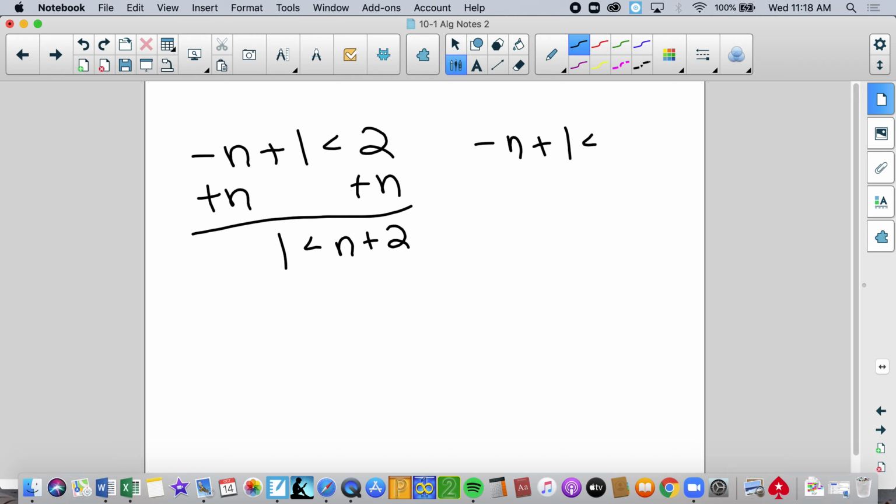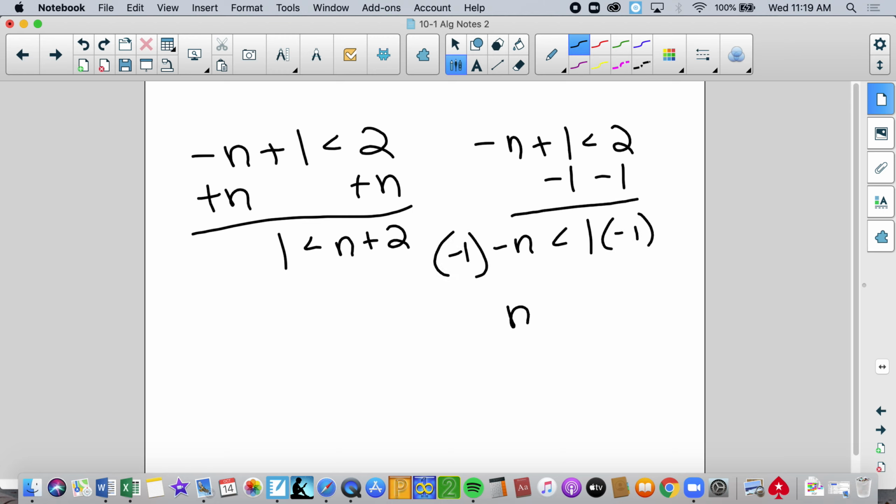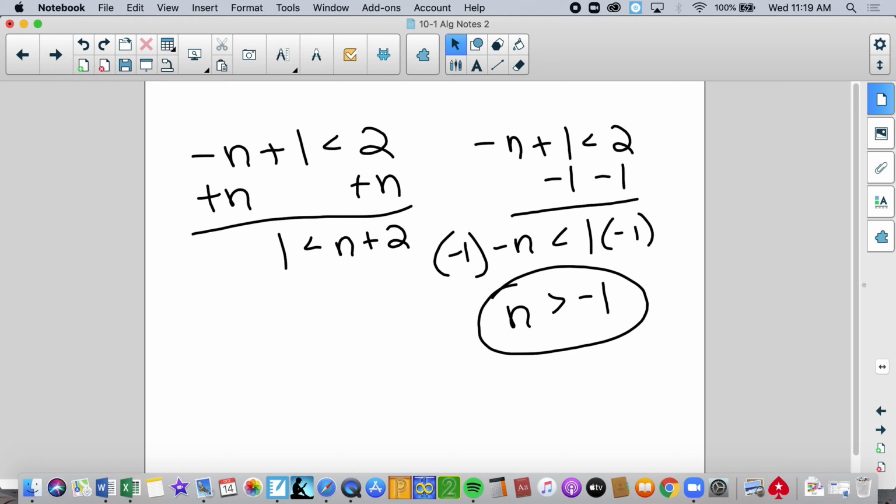Because you'll see that when you were taught in 7th grade or 6th grade, that when you multiply by -1, you had to remember to flip the inequality sign. Well, you need to know why you had to flip it. The reason you had to flip it is because when you move a variable,